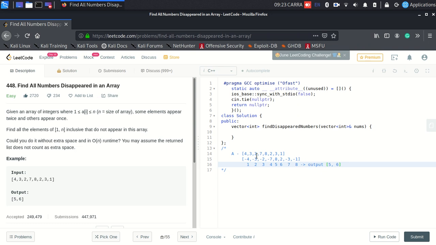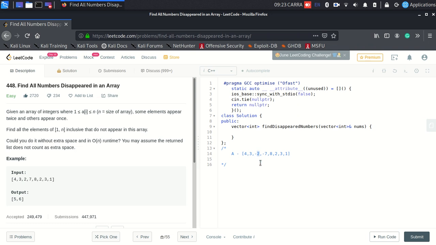Now how do I make the whole thing in place? How can I not use a second array to have the negatives? So I'll make in place changes. Let's forget this array, okay, I'll make in place changes. If I have 4, I'll go on and make it -7. If I have 3, I'll go on and make it -2. Now the problem arises. Now my array has been modified, 2 has been modified to -2.